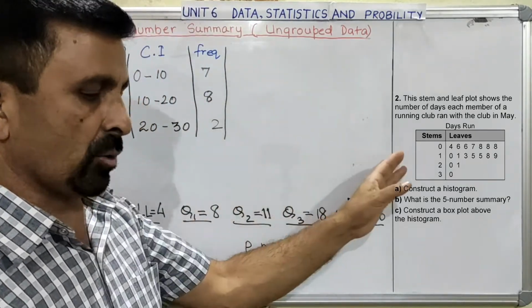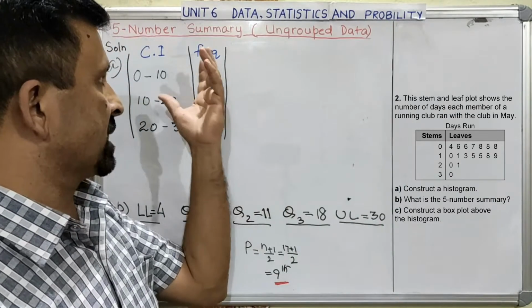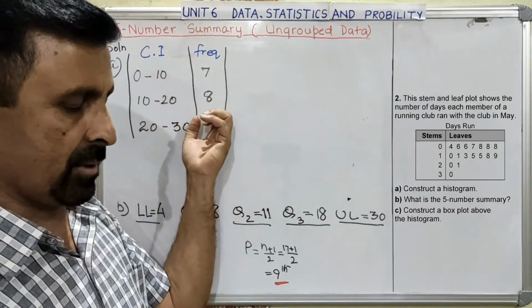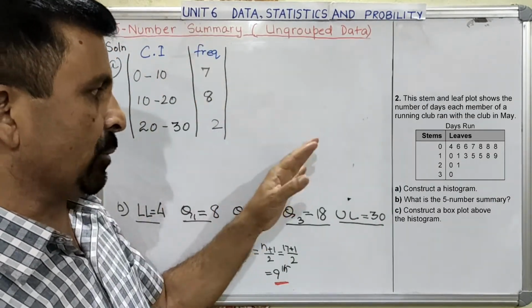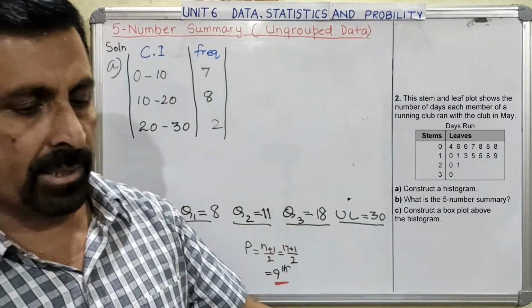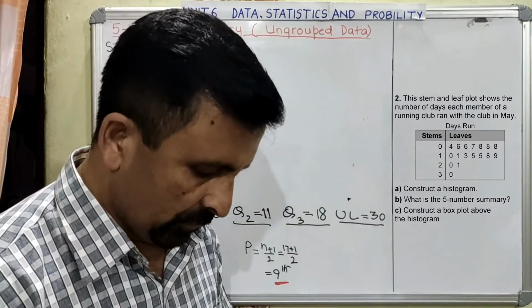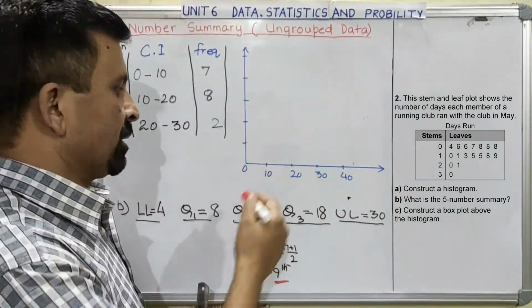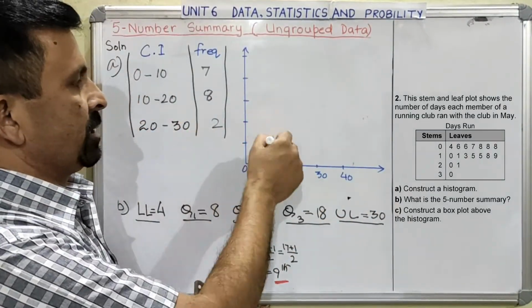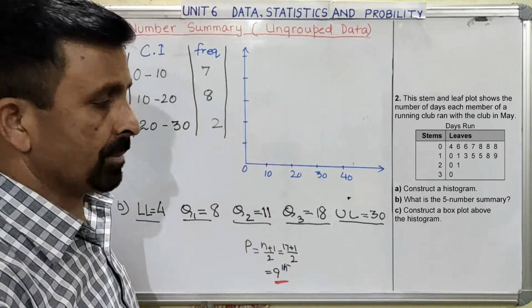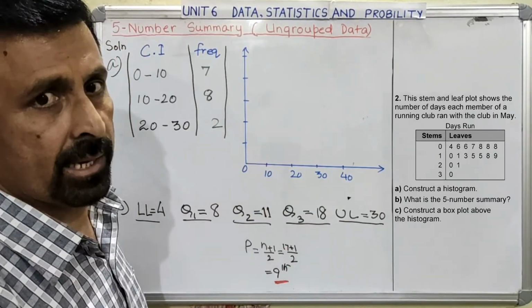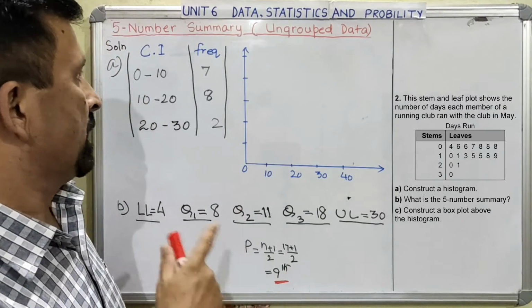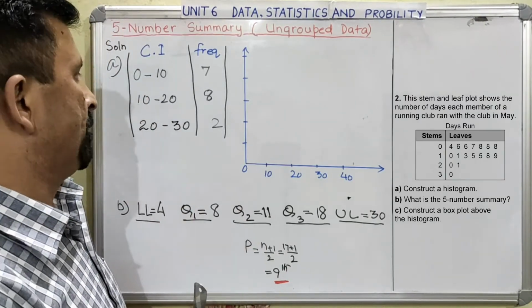Now we are going to draw the coordinate. On that coordinate, we will first draw the histogram using this frequency distribution table. And on the same coordinate, we will also plot the 5-number summary to get the box and whisker plot. So now I am going to draw the coordinate. This is my coordinate to draw the histogram and also to plot the box and whisker plot. First of all, I am going to plot the histogram.